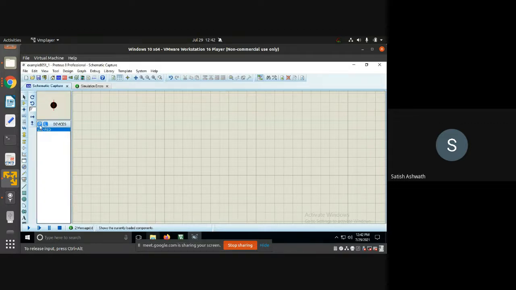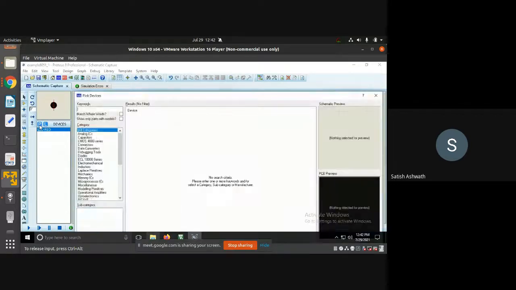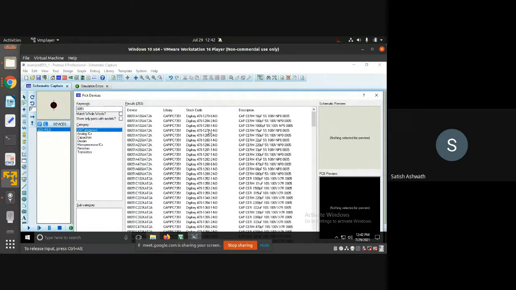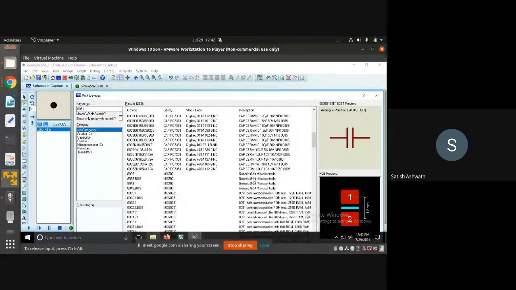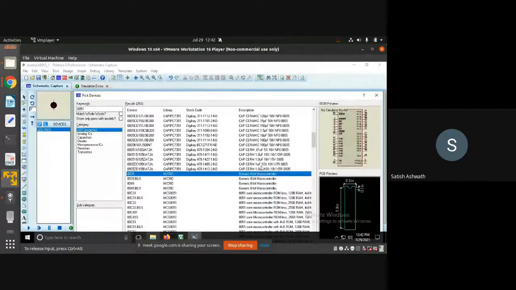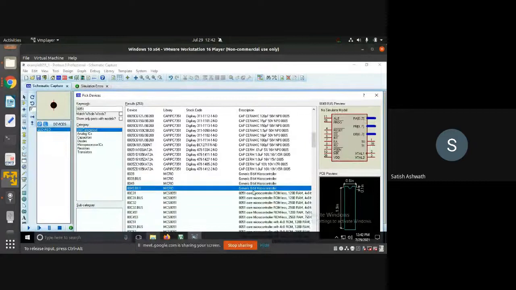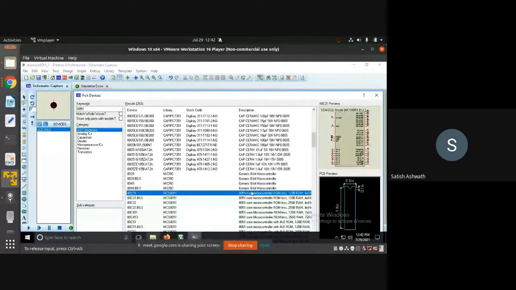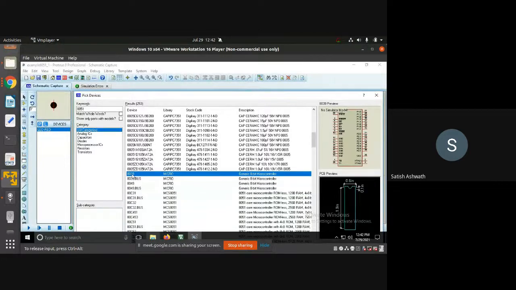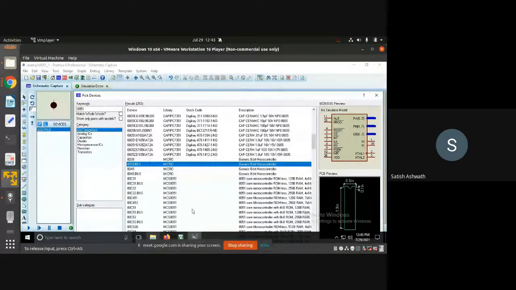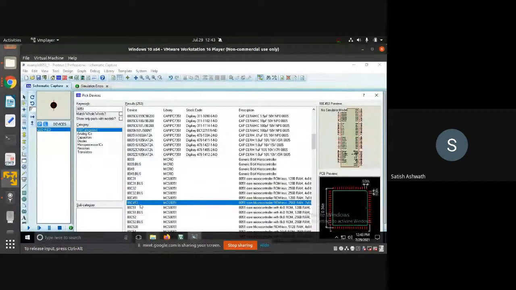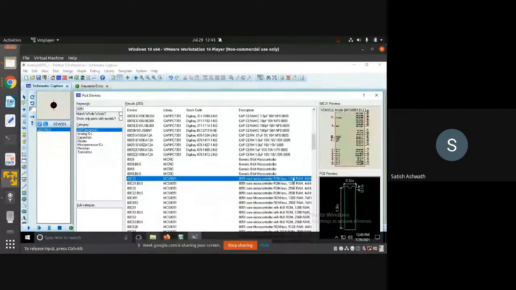Fine. So now I want to place an 8051. That's our current requirement. We want to build a circuit using 8051. Go to the pick devices or pick components mode, type 8051 in the search window and hit enter. It will show you a lot of 8051 entries, because it will show anything that is 8051. So you have to go to the generic microcontroller. You can see there are different microcontrollers available here. When you select these, you can see 8039, 8039, showing there's no simulation model. Don't select these.